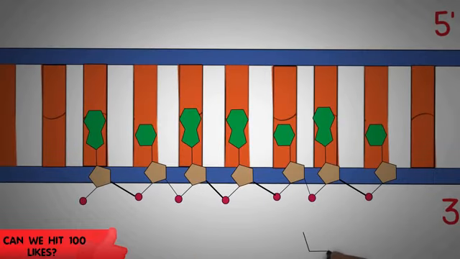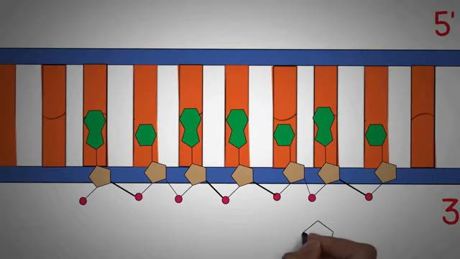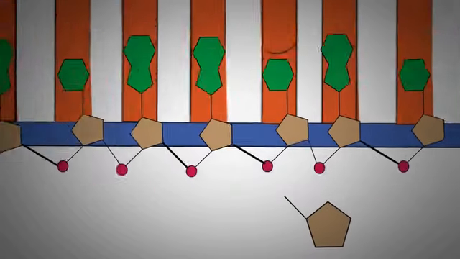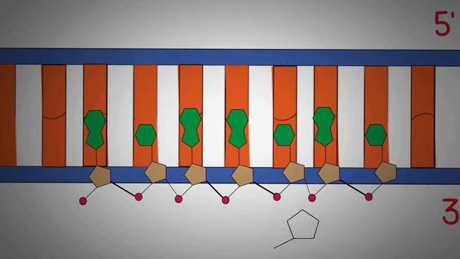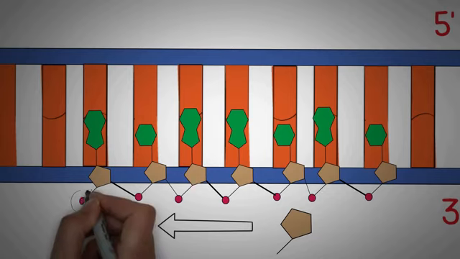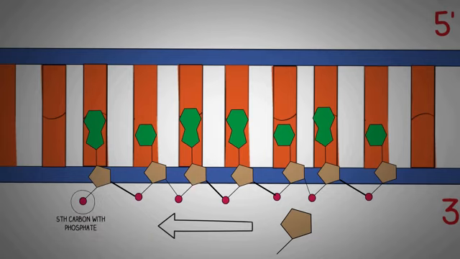Now if we take a look at the structural illustration of a single strand of DNA again, you can note how the deoxyribose sugars are arranged in this single strand, and you can also see how all the deoxyribose sugars are aligned in this direction. Due to this orientation, the 5th carbon is always located on this side to which the phosphate groups are attached, and the 3rd carbon is always located on this side to which the hydroxyl group is attached.